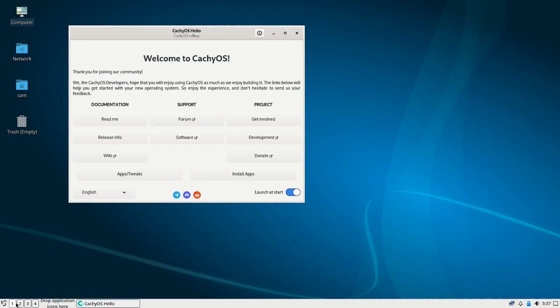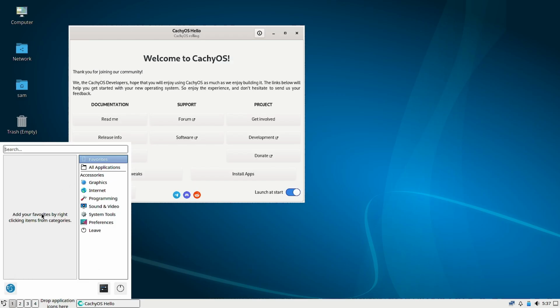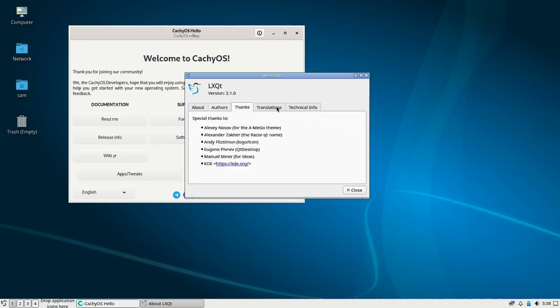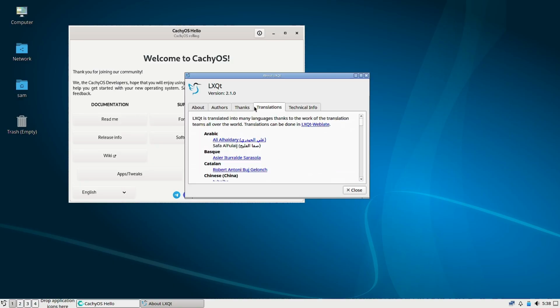Okay. So at the bottom there is a panel. You can see this is the application menu. There are no favorites right now. Once we start using the desktop, the favorites will get here, or we can save or configure some favorites here. This is the settings menu, LXQT configuration center. This is your power menu. This is about LXQT desktop. So version is 2.1.0. Very light and very good looking wallpaper. Very neat and clean